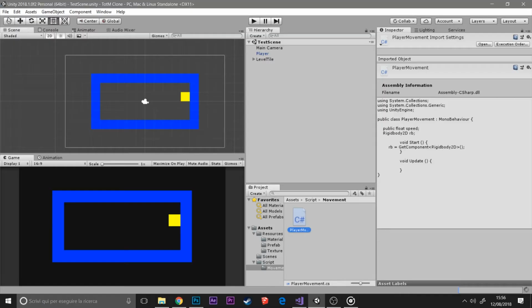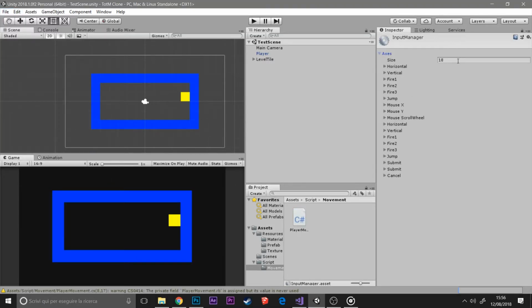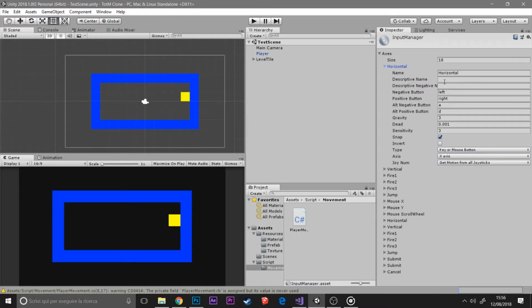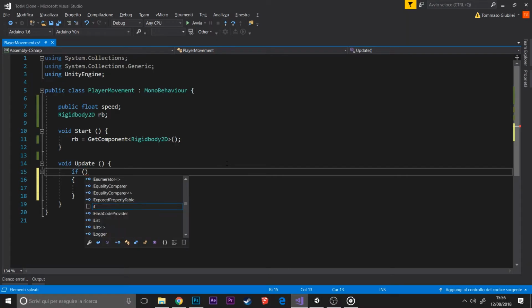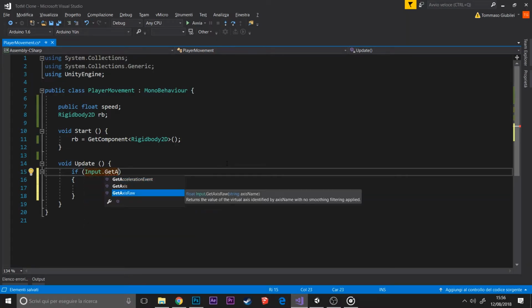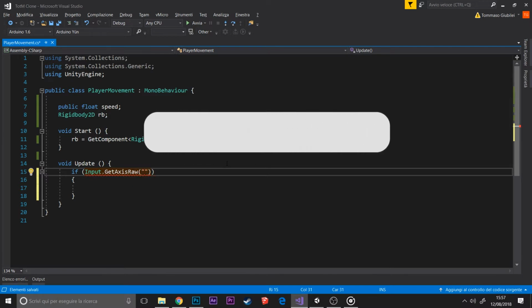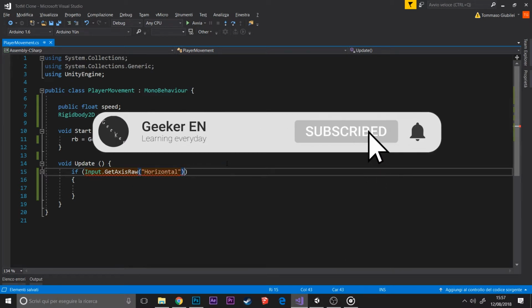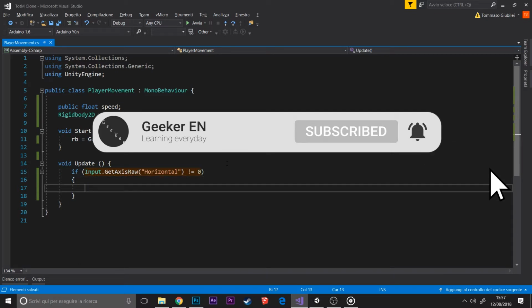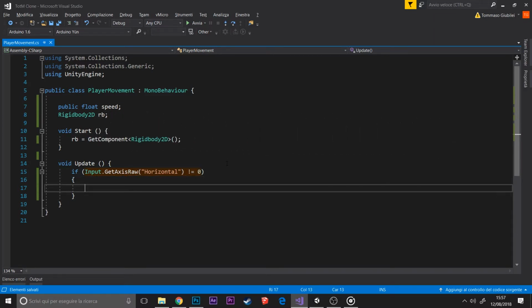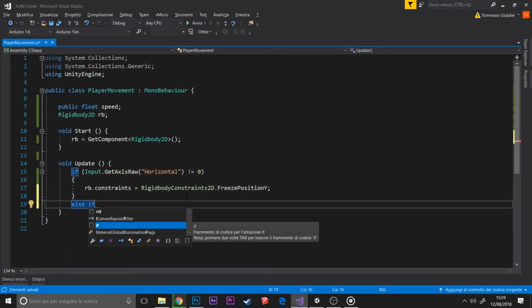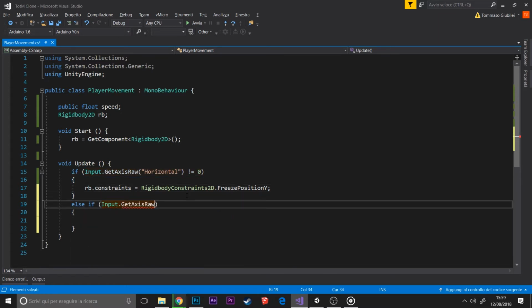this movement system will be divided in 3 parts. I am checking the actual A and D, W and S keys on the keyboard, and the axis horizontal and vertical. So we get the raw axis, so we don't have a smoothed value like 0.5, but the values are only -1, 0 and 1. And based on